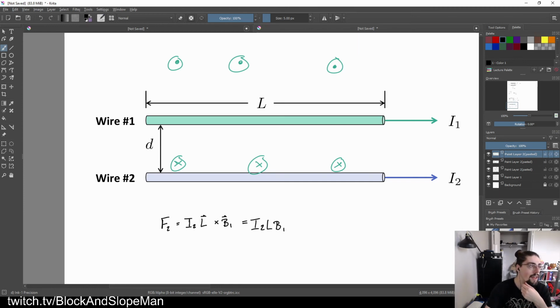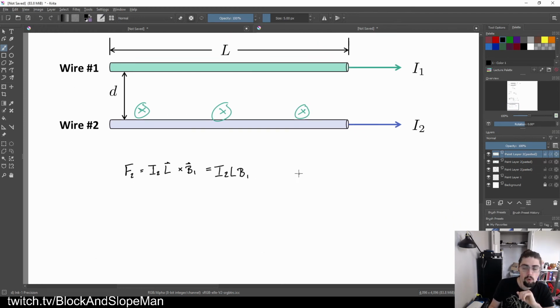So then we just need to figure out what B1 is supposed to be. I'm going to think, okay, these are supposed to be long wires. And on top of that, I can see they're not super far away from each other. They're pretty close. I'm going to take an approximation here, and maybe this is a little bit sloppy, but I think it's a lot easier. Take the approximation that it's an infinitely long wire. If we do that, then B1